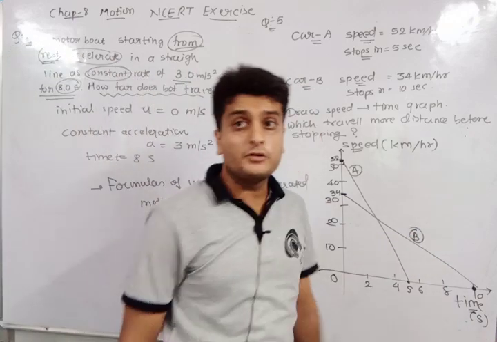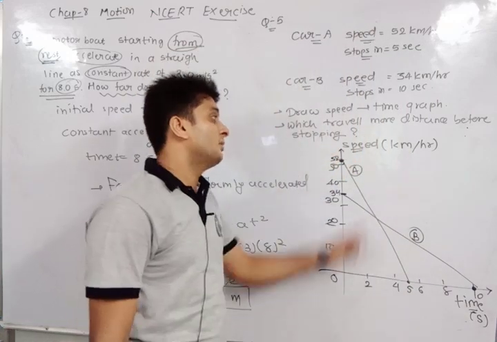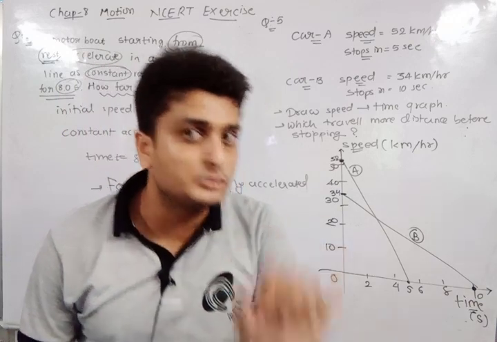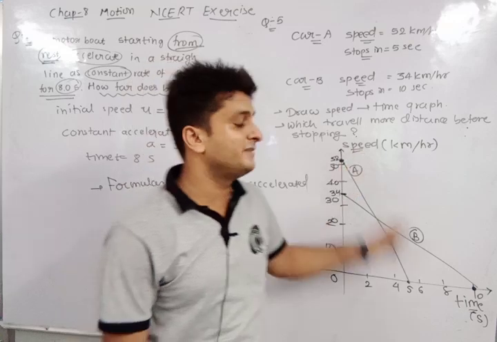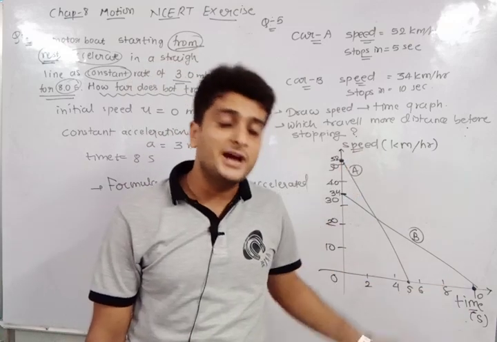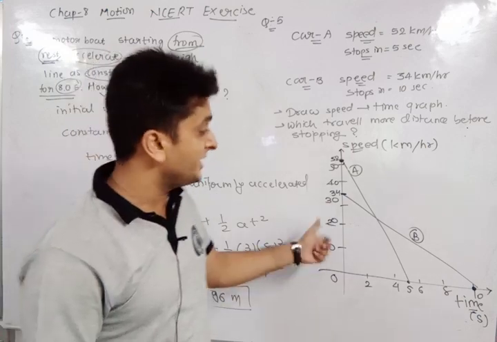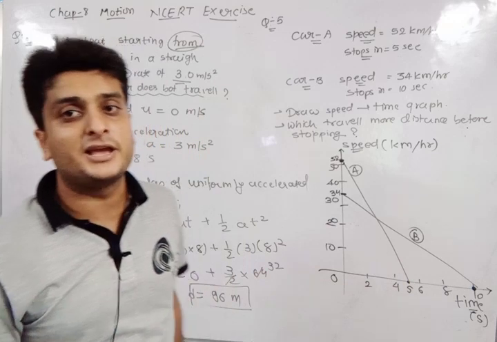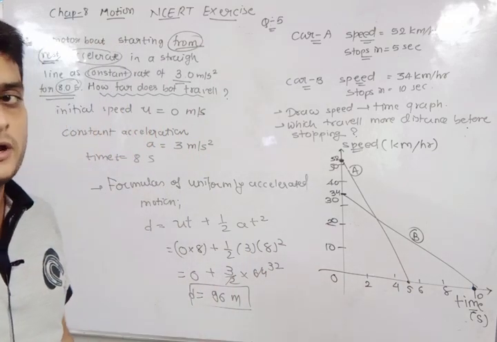Now you also want to find which car takes more time to stop. When you have the graph of speed versus time, the area under the graph will tell you the distance. Yes or no, we have learned this. If the graph is of speed versus time, then the area under the graph will give you the distance traveled. So we will find the area under both graphs. Before that, just copy all these things. Then we will find the area under the graph, so we will get to know which car covers more distance before stopping. Copy it quickly, everyone.